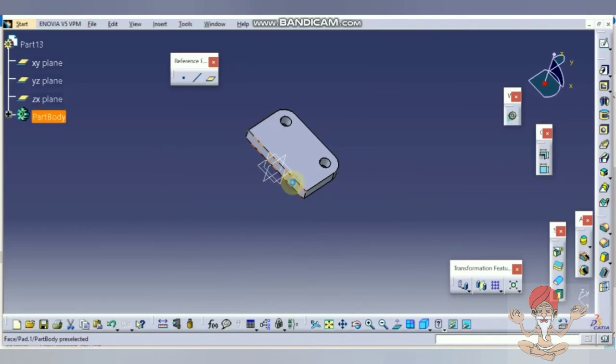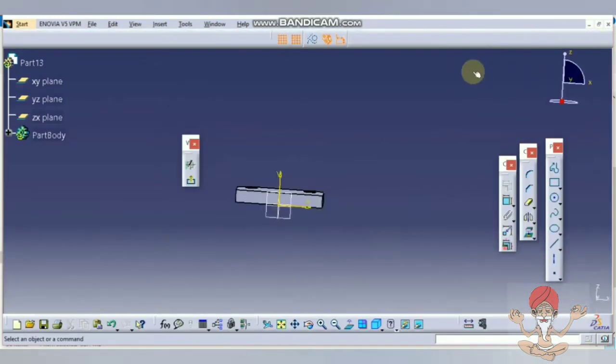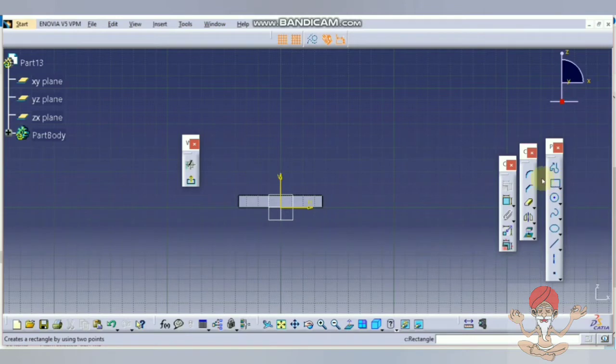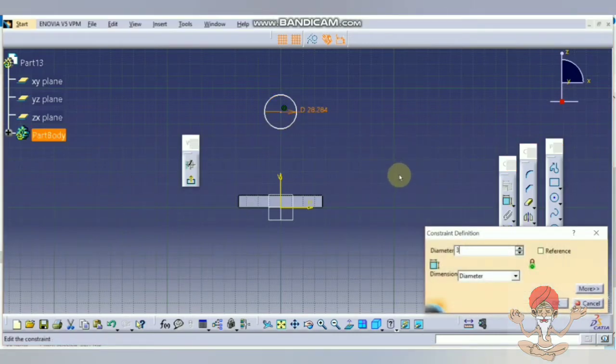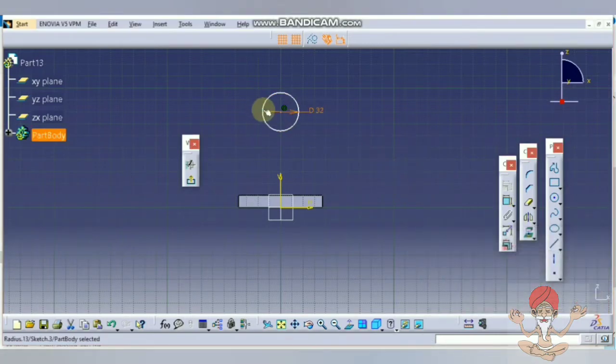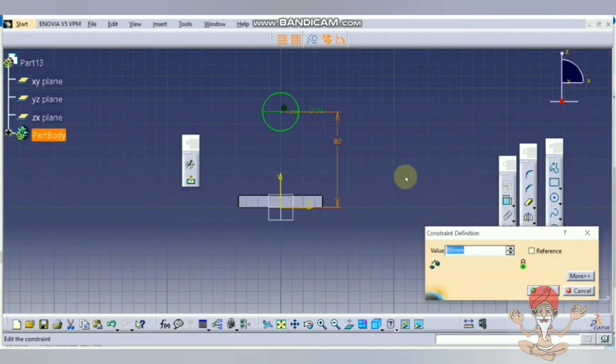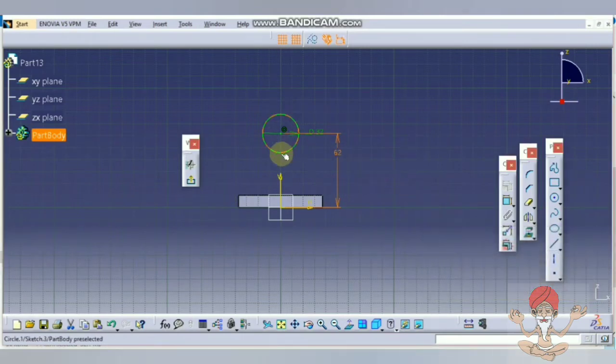Select this face plane and go to the Sketcher workbench. Select the circle of 32 mm diameter at the length of 62 mm.